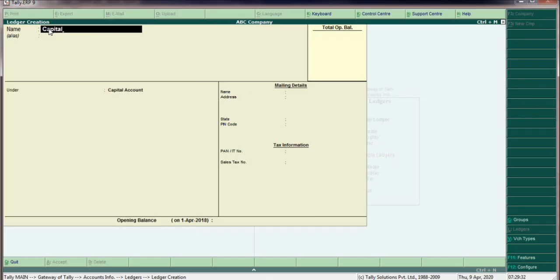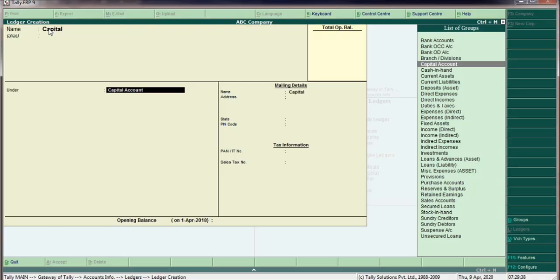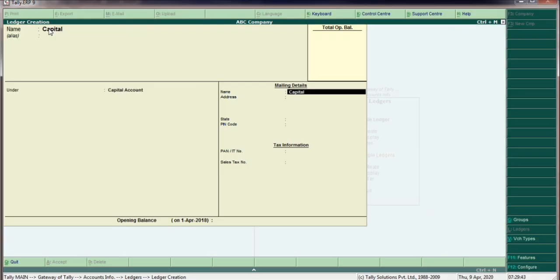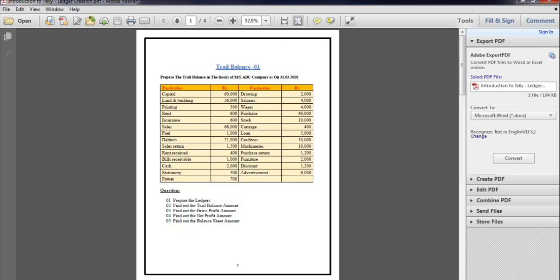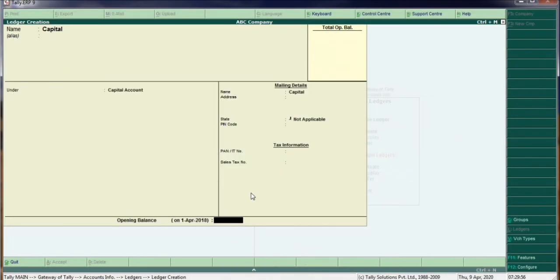The capital is this, we have to create the capital ledger. So capital, under the group is Capital Account, so I choose Capital Account, then press enter on the keyboard, and then we have to enter the amount. The amount is 60,000, so I enter 60,000,